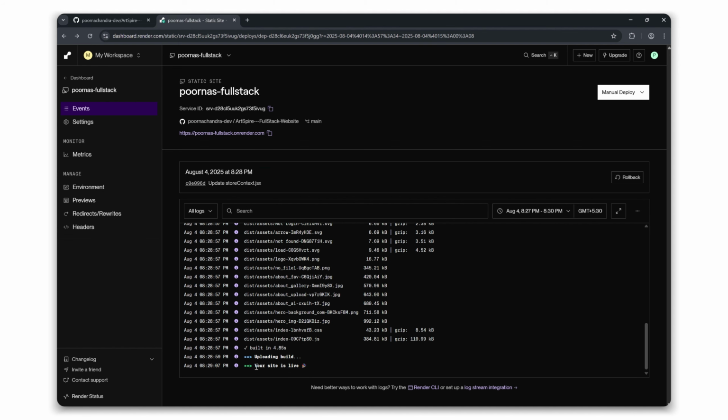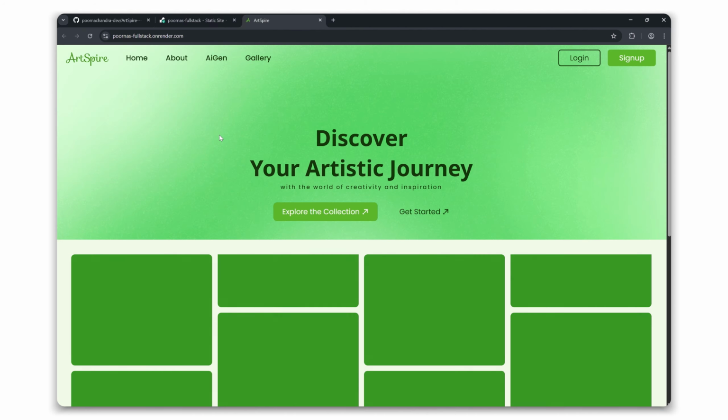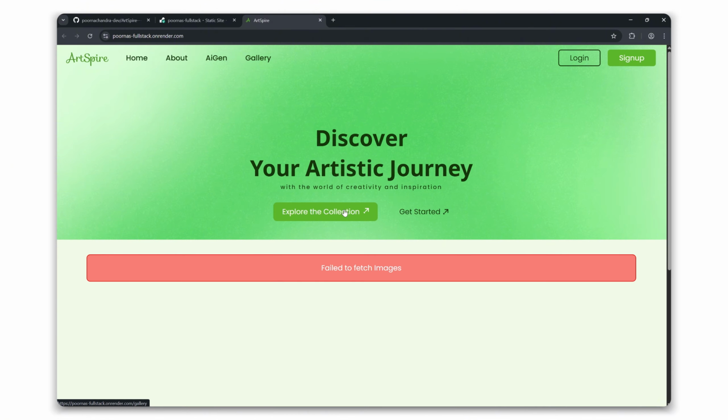Now, as you can see here, your site is live, and this is the front-end URL of your full stack website. When you click on here, this is the front-end page of your full stack application. Now you can see here, it is getting the error message as failed to fetch because we have not integrated